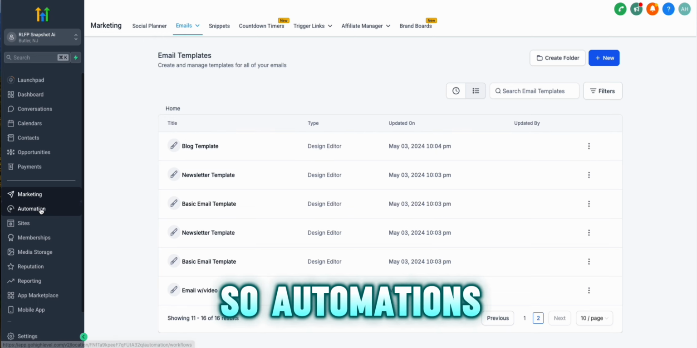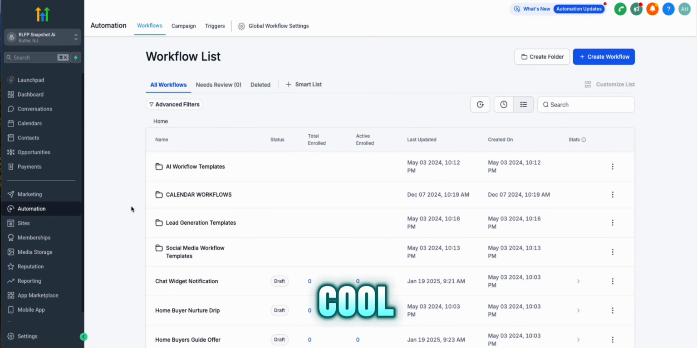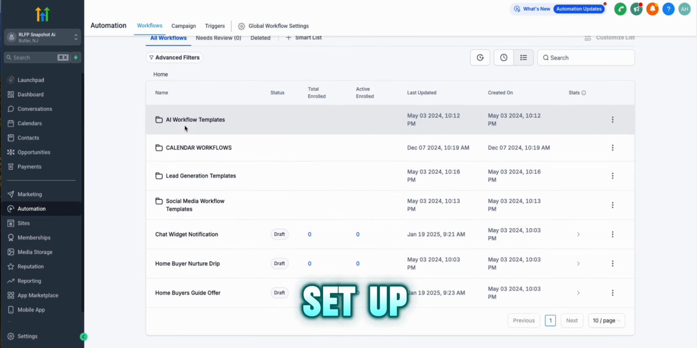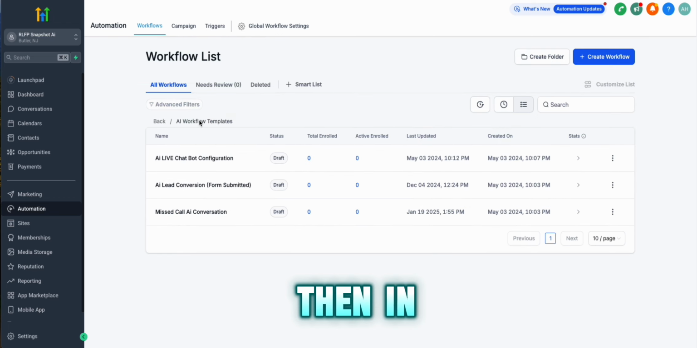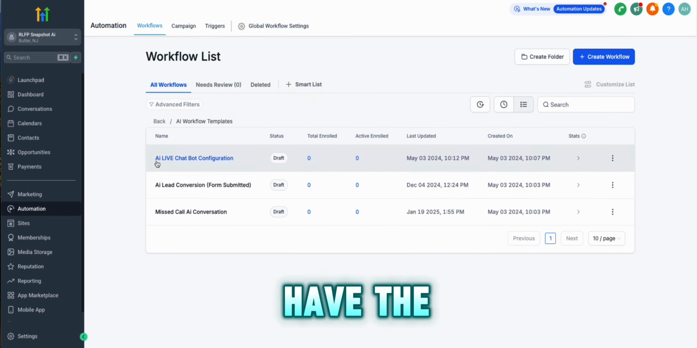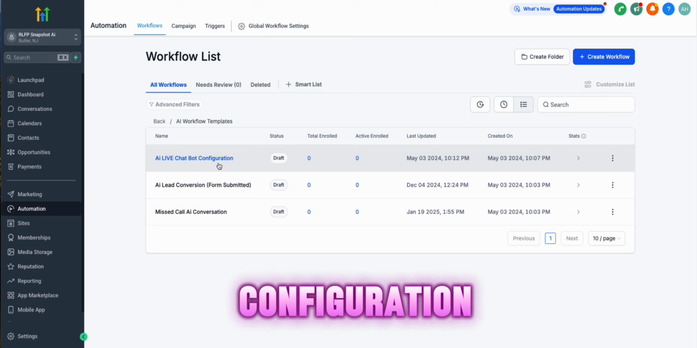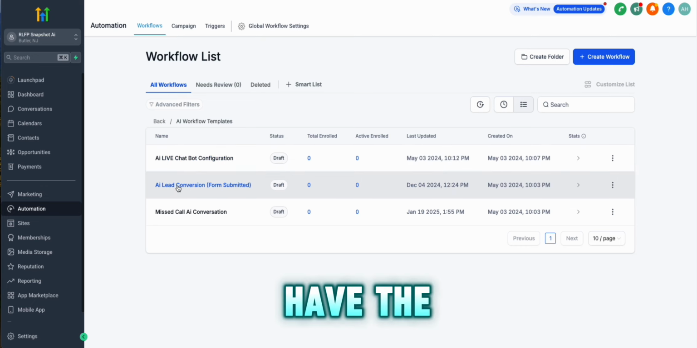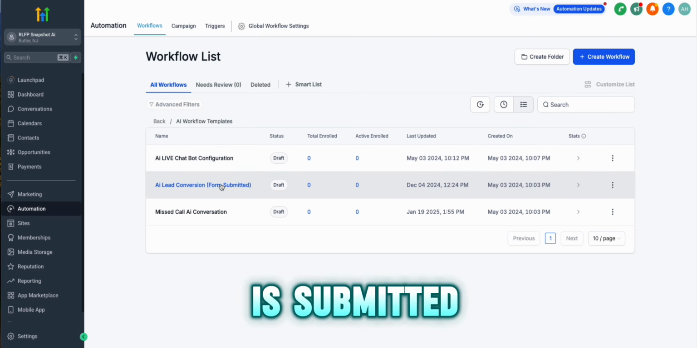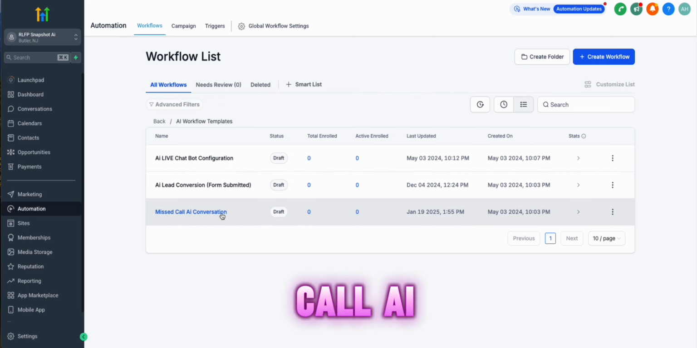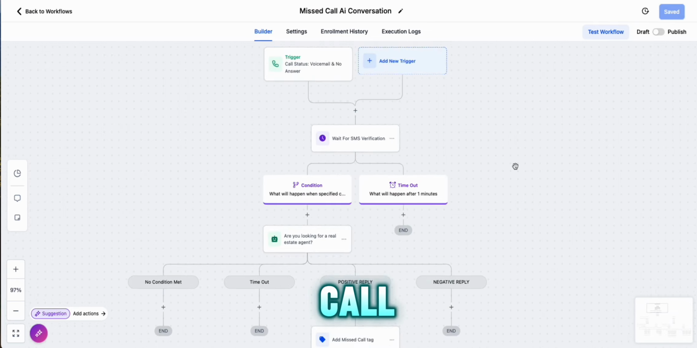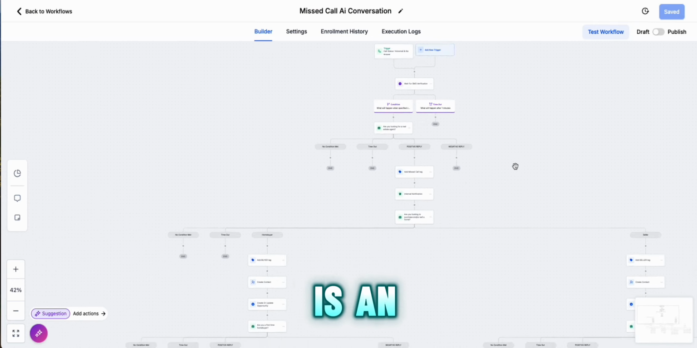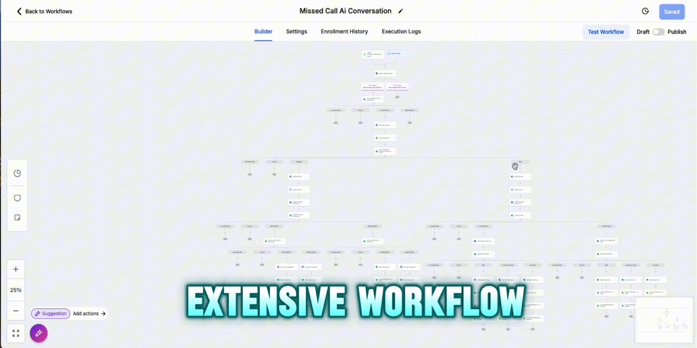Okay. So automations. Now this is really cool. I have set up 4 folders here, and then in each one, so here you have the AI live chatbot configuration. Here you have the AI lead conversion if a form is submitted, and then a missed call AI conversation is here. Now I want to show you real quick for the missed call. As you can see, it is an extensive